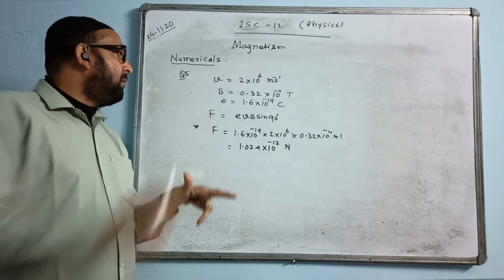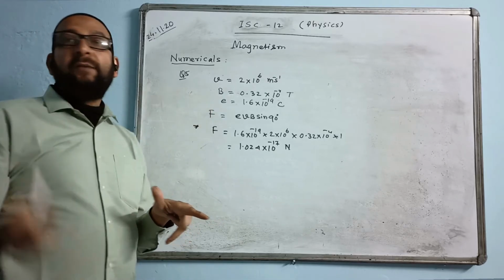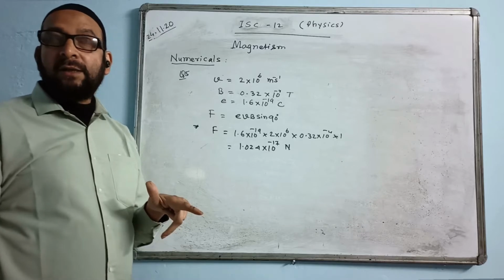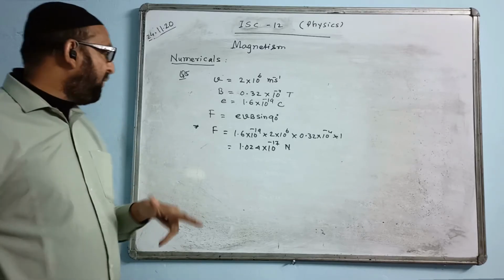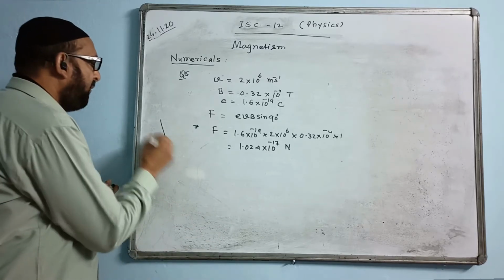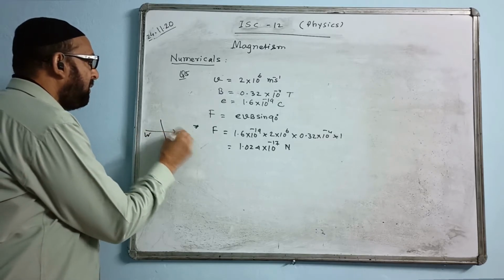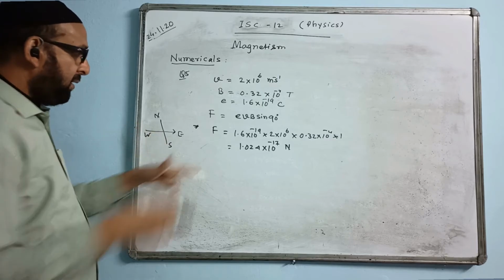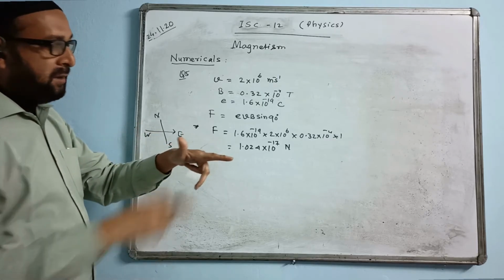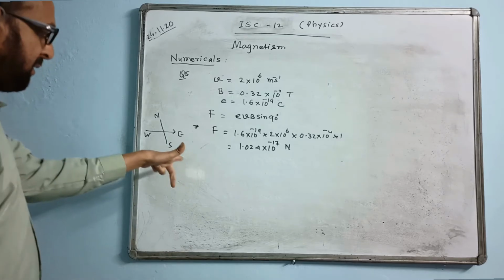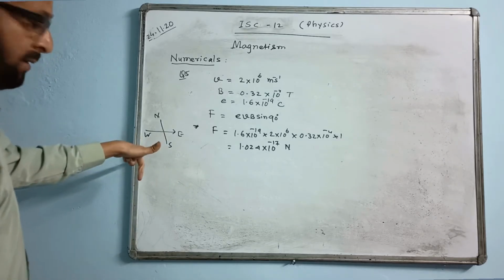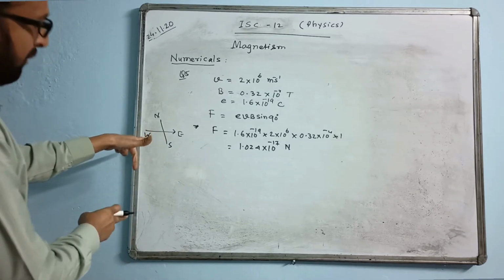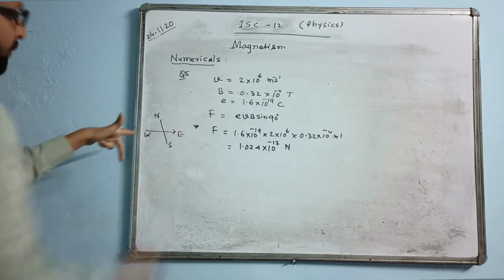The horizontal component of Earth's field always acts in the direction from geographic south to the north. If you follow this mapping of west, east, south to the north, it means this way, inward here. That means the magnetic field is going inward like this. And the current direction is downward here. Why downward? Because the electron goes up.